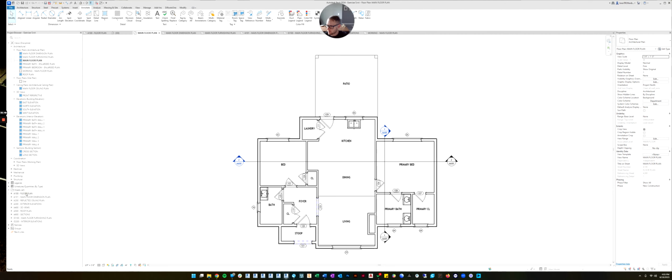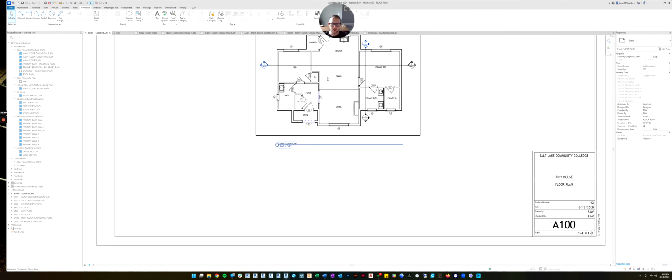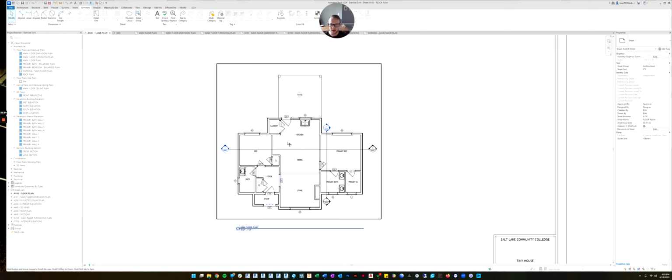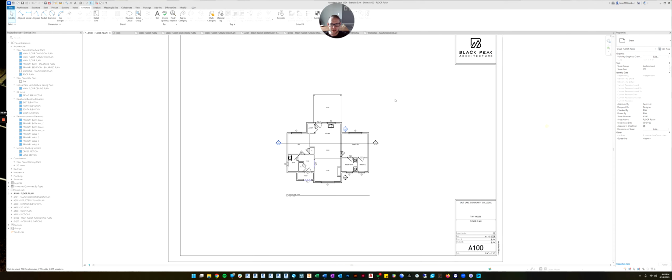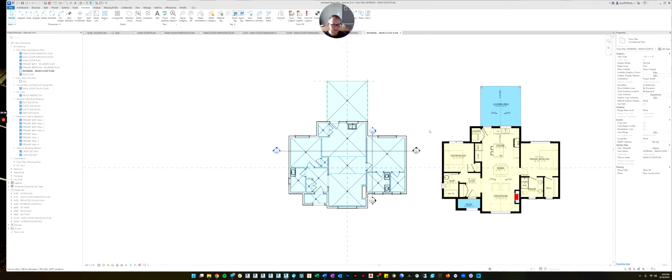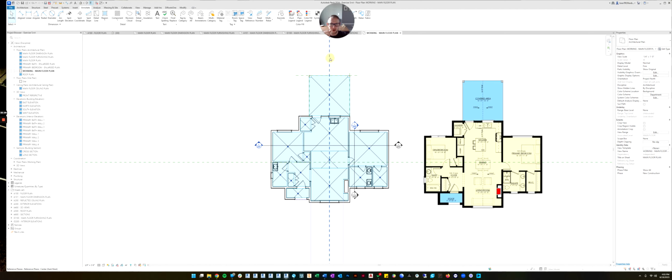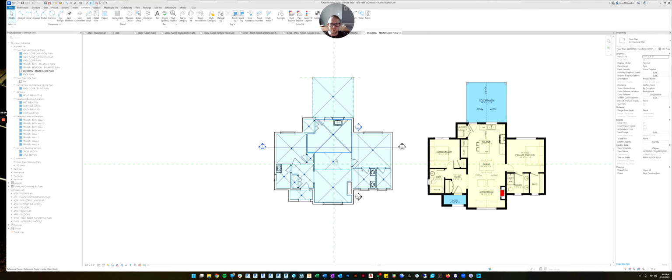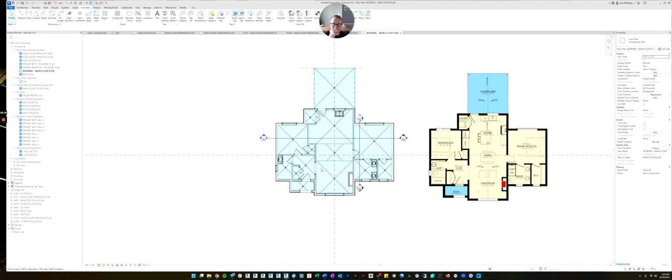So now if I look at my floor plan sheet, you can see because I placed my view on the sheet, all the changes we made in the view are now visible on the sheet. And it's looking really nice. Now if I go back to my working floor plan, you can see, okay, I can still see my reference planes if I need those. I can see where my rooms are. And none of that is on a sheet, and I don't have to worry about printing it.